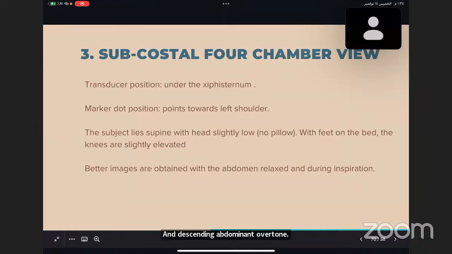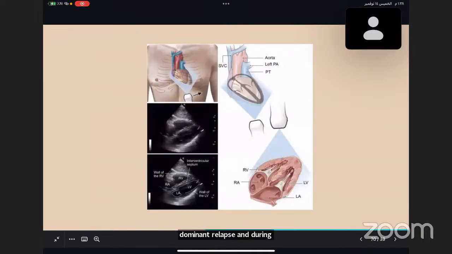Subcostal 4 chamber view: transducer position under the xiphoid sternum, marker position pointing toward the left shoulder, the subject lying supine with the head slightly low, feet on the bed, and the knees slightly elevated. Better imaging is obtained with the abdomen relaxed and during inspiration. Okay, this position,